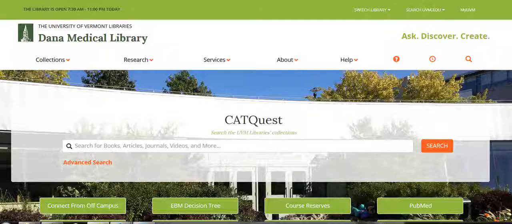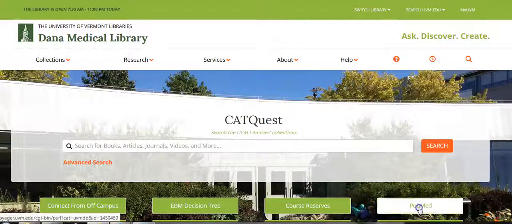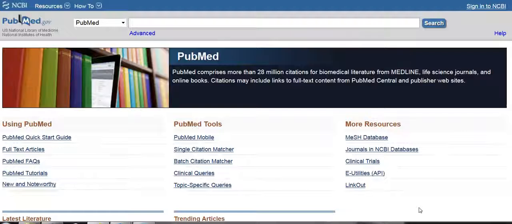Begin by going to Dana Medical Library's homepage at dana.uvm.edu and clicking on the green PubMed button in the lower right. Always access PubMed through a UVM library web page so that the icons for UVM's journal subscriptions will be displayed. If you're working from off-campus, you'll need to log in with your UVM Net ID in order to access full-text